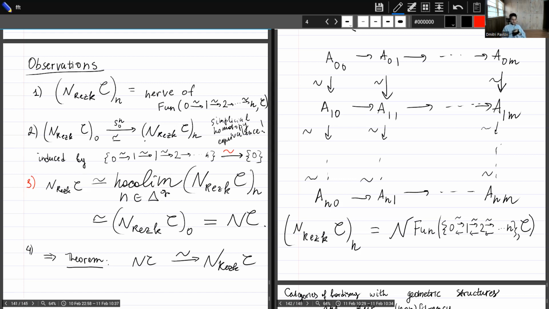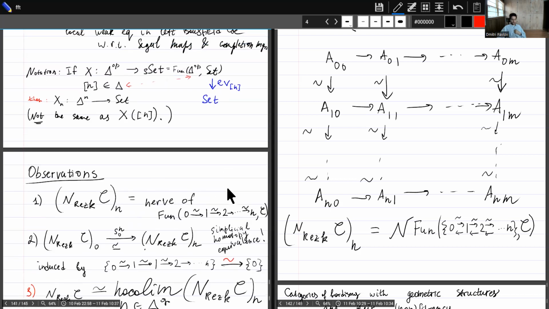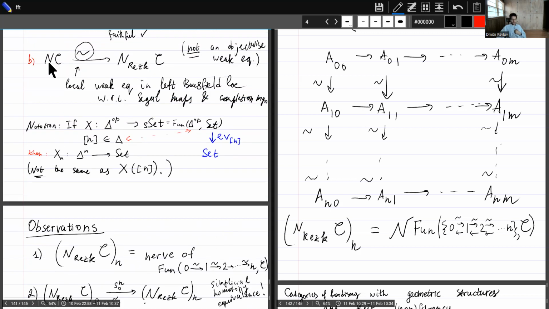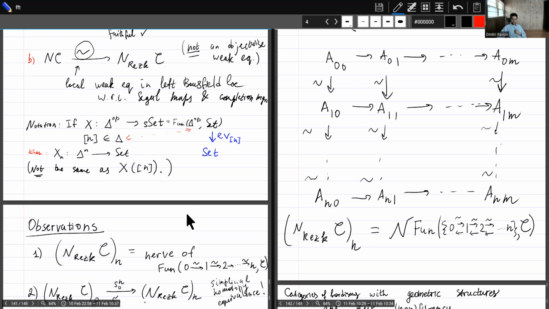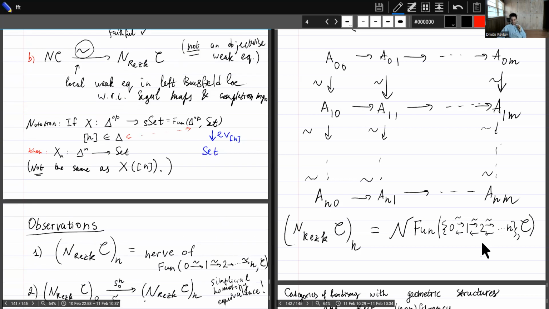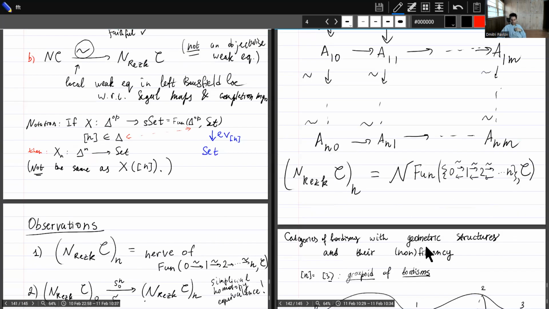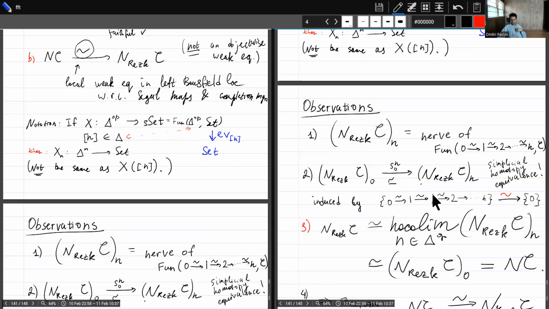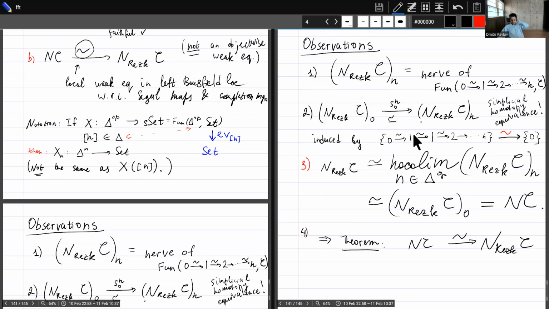And as a final step, just to remind you, we are trying to show that the map from the ordinary nerve to the RESC nerve is a local weak equivalence in the left Bousfield localization. As a final step before we